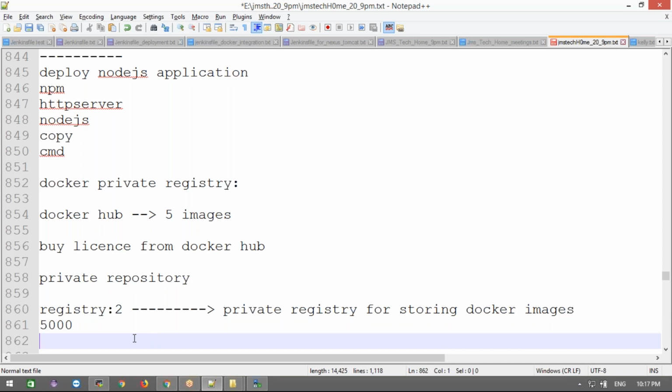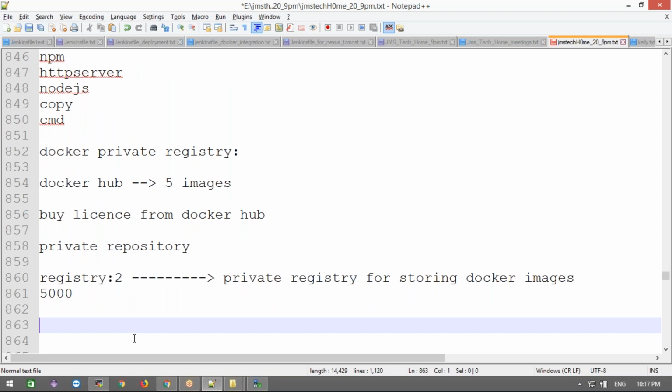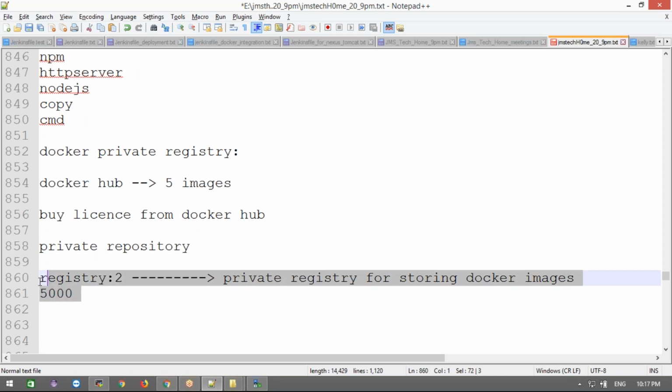Okay, and then next, what we require now, this will run, right? Now we can create the images using localhost:5000/your-image-name, and we are going to push this image. We can pull the image, and we can delete the images from local, and then they will be available in your registry. No need to worry about that. Even in your private registry we can delete.